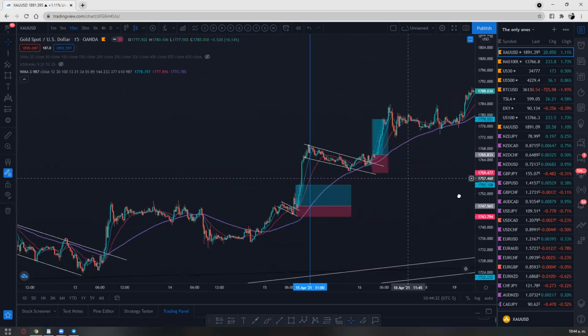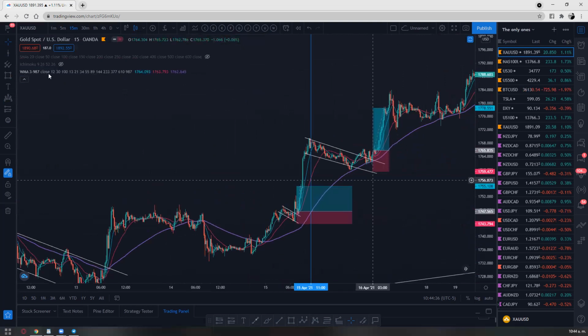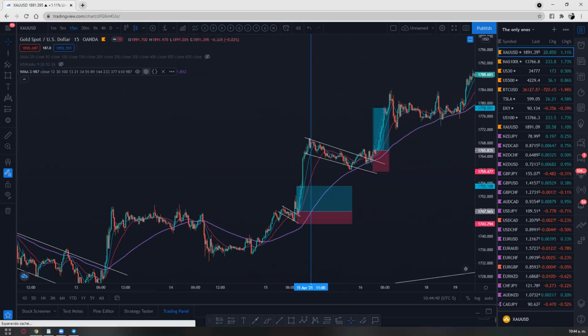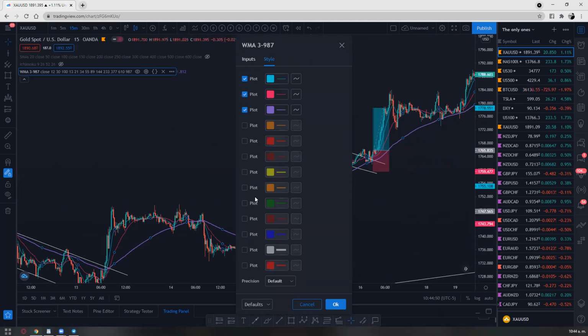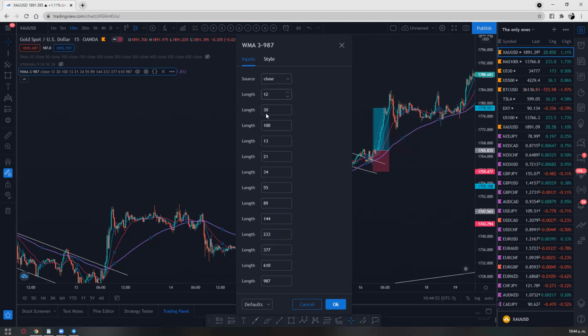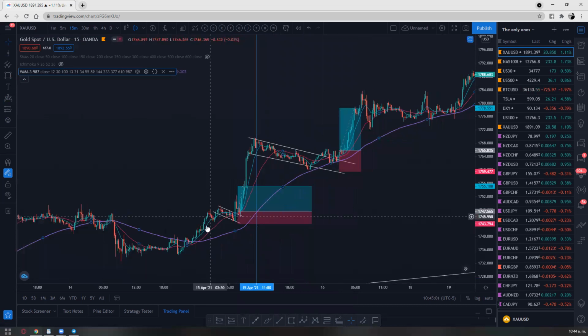Like right here, right? I'm using my indicator, which is the WMA. This is a weighted moving average. This is the setup. If you guys are new, let me show you that right quick. This is the setup I'm using. Just 3 lines. It usually comes with a lot of lines, but you only need these 3. And I'm using the 12th, the 30th, and the 100. The 12 is the blue line right here. Blue line is the 12. The 30th is the red line, and the purple is the 100.